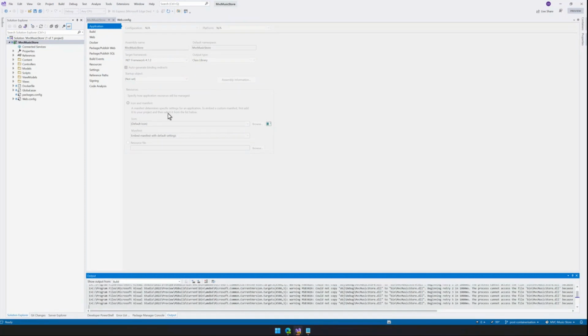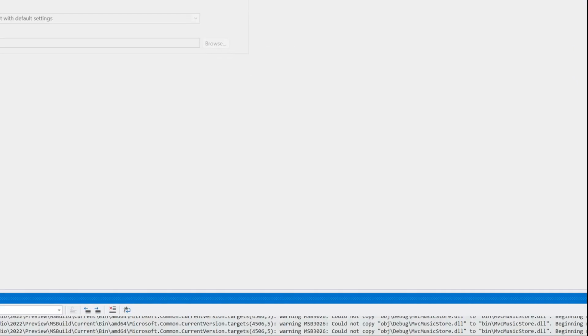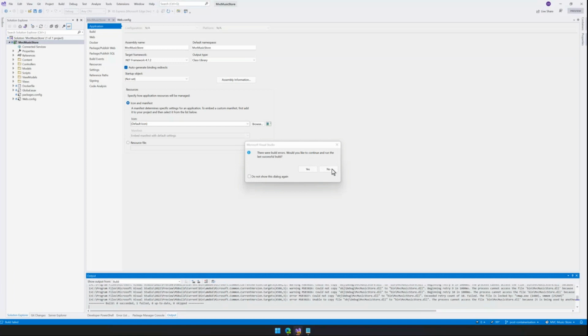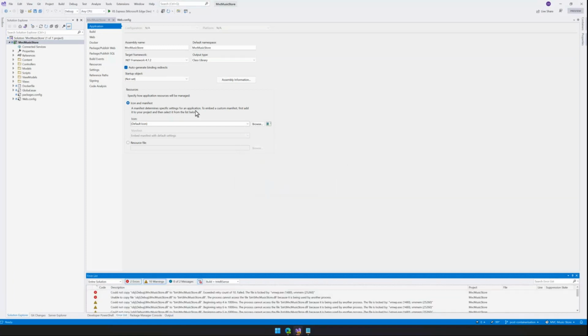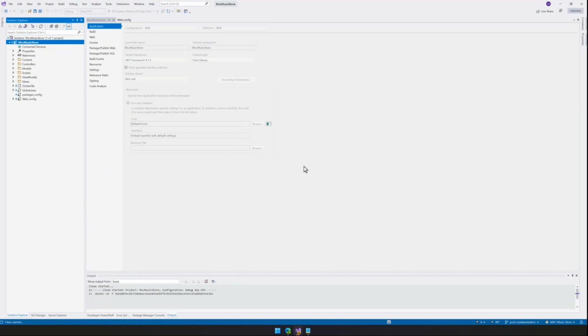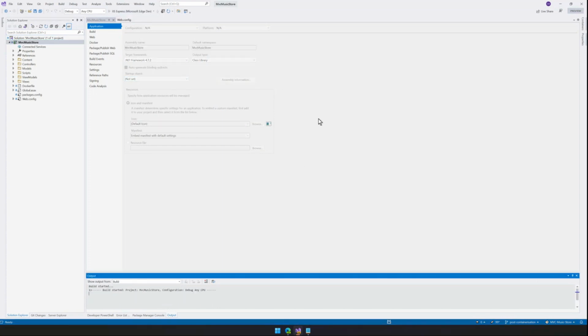Okay, so you'll see down here in the output window, I've got a warning: could not copy such and such DLL to such and such DLL. That's because I've already run this afternoon just to make sure everything was warm and fuzzy and happy to a container, and that causes that issue on my machine. So what I'm going to do is a clean on this. Clean will actually do a Docker RM, which will remove my containerized version of the app. And after that's done, I should now be able to just run that and not have that error anymore.